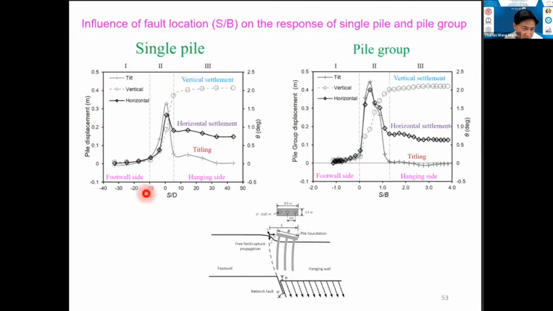What you are seeing here, three distinct zones can be identified. For example, in zone 1, if the pile is located in this zone, then no matter what the fault movement is, there's not much movement. But if the pile is located in zone 2, which is about -10 to about 3, then you can see, about 0 location, both the